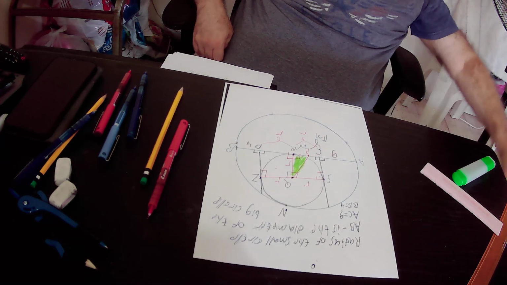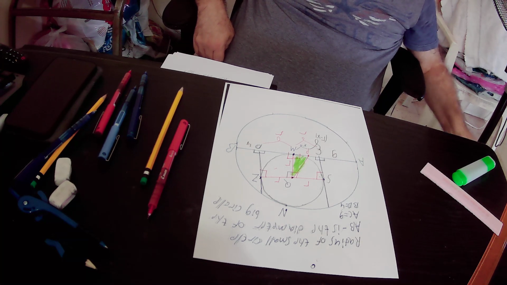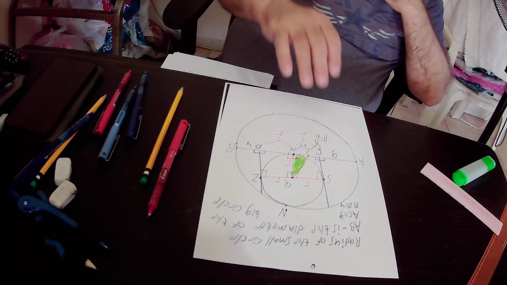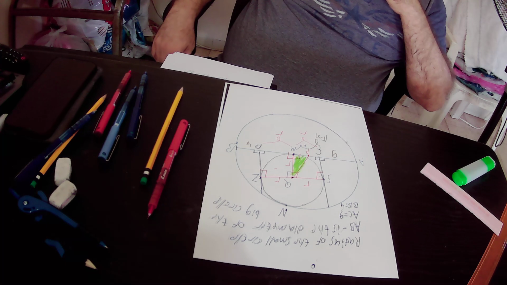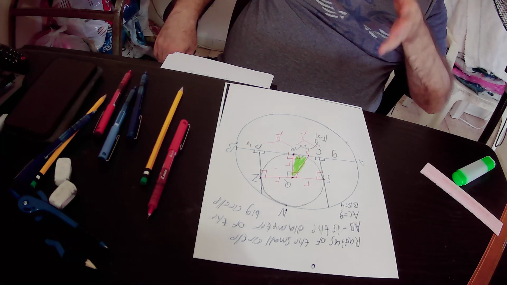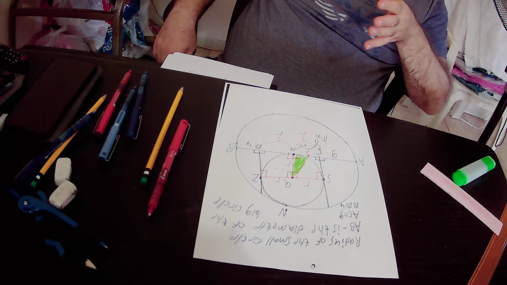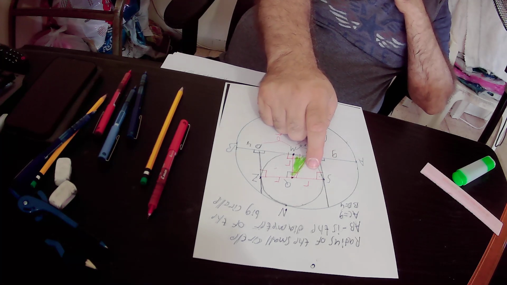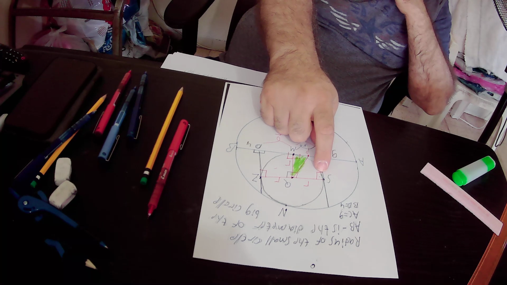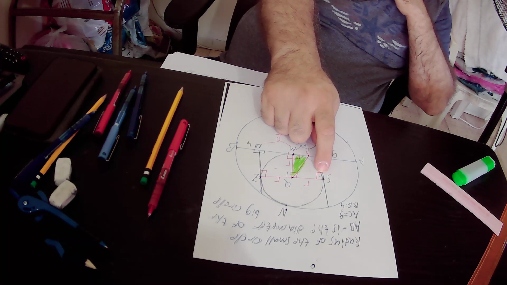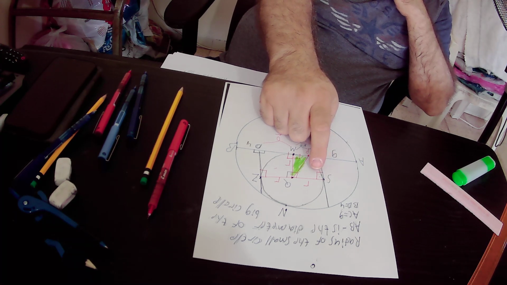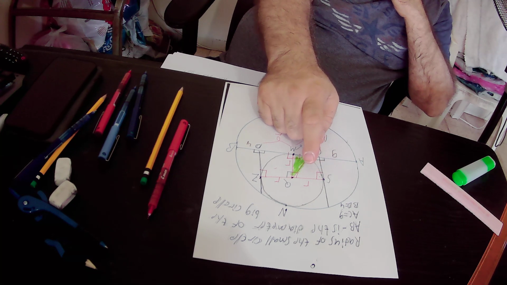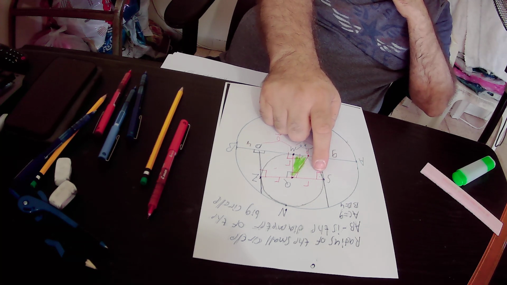Actually we have here three radiuses that are drawn to the point of tangency. This radius is drawn to the point of tangency, that is to say to point S. Therefore, this is a right angle because the radius is perpendicular to its tangent,